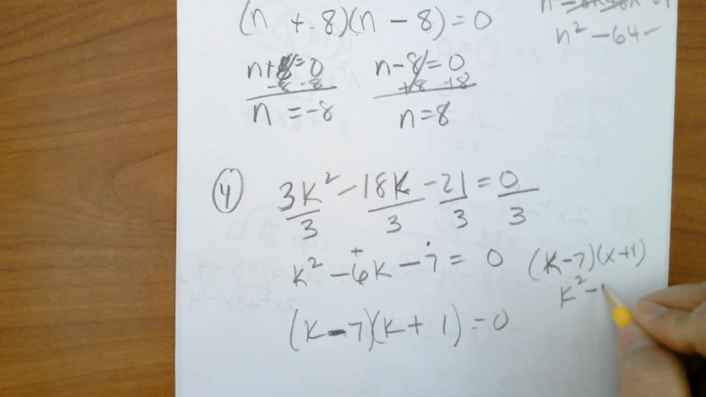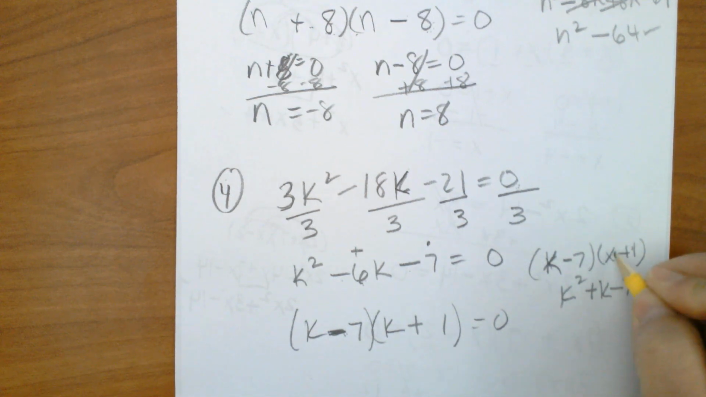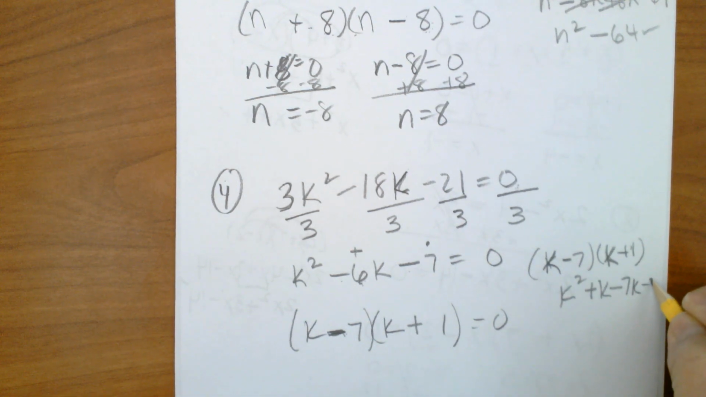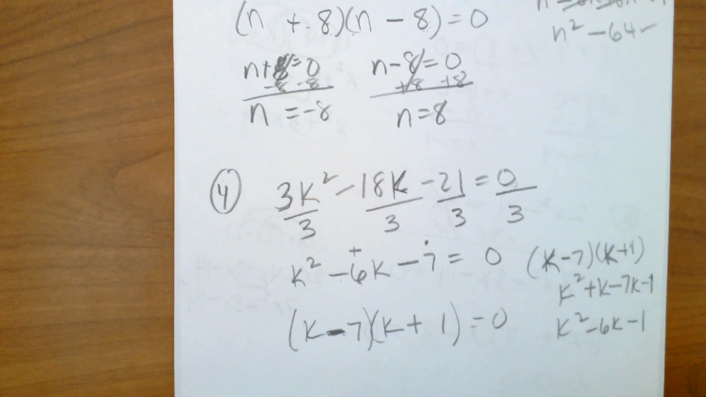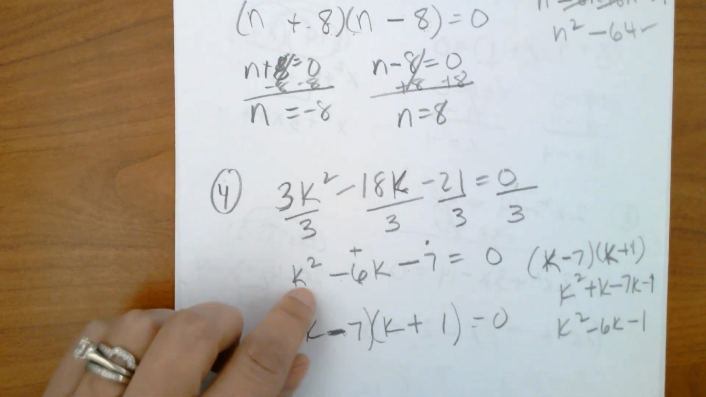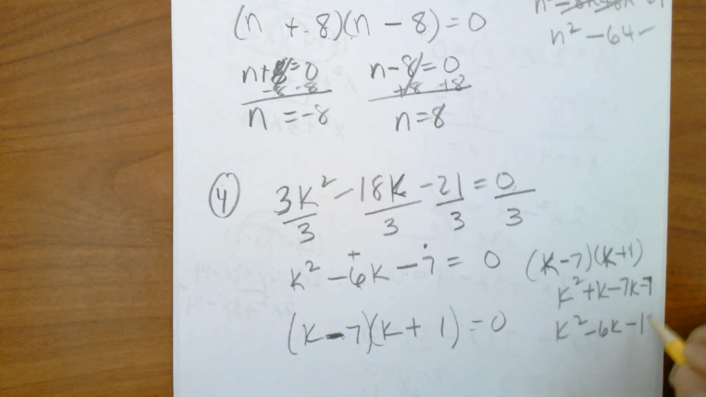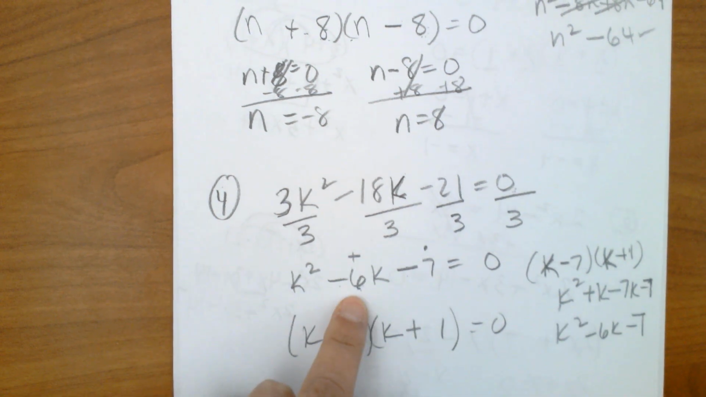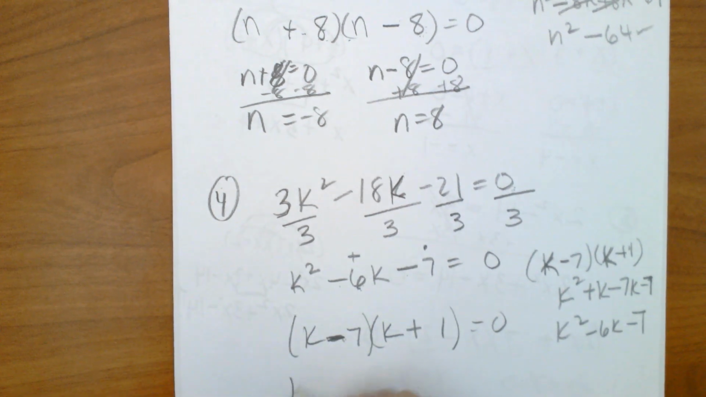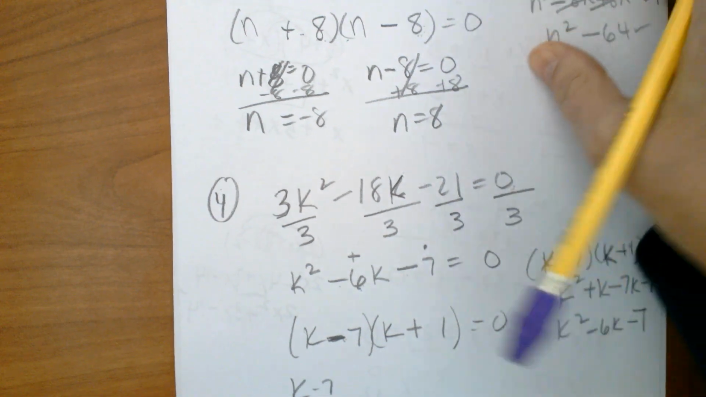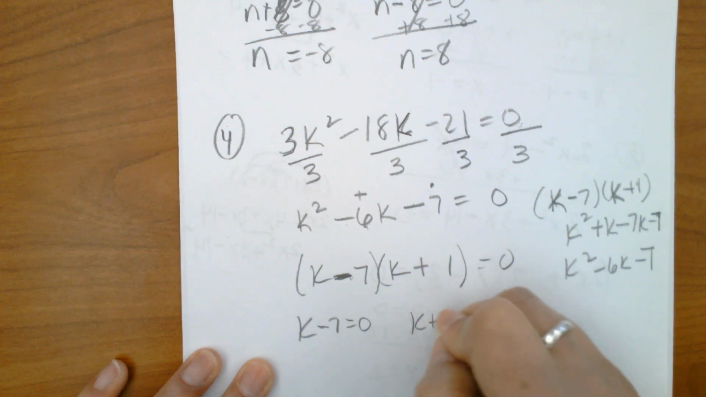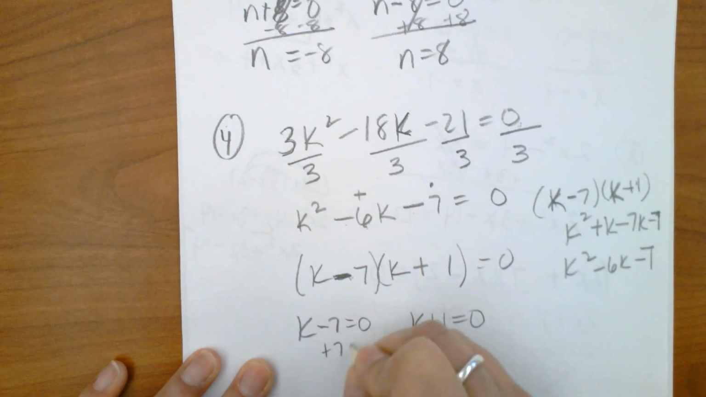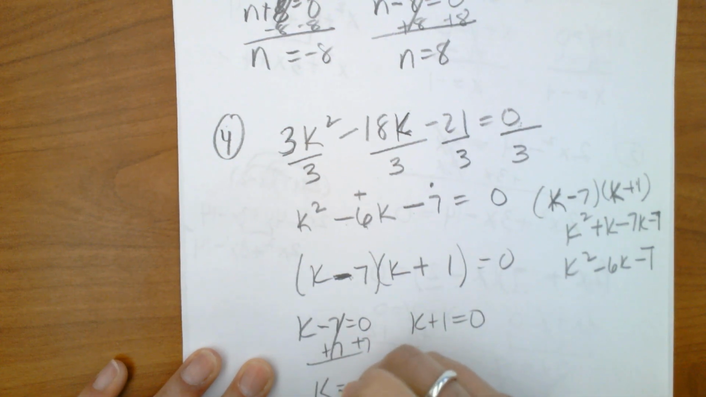So we have k squared minus 7k plus k minus 7, k squared minus 6k minus 7. I really don't like writing k's. Minus 7, everybody, 7. And that does check out here. So I know it's right. Split them, move the paper down. k minus 7 equals 0, k plus 1 equals 0, and now I'm ready to solve. k equals 7,